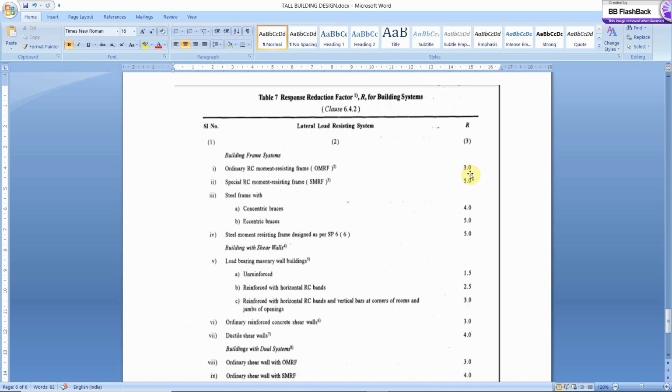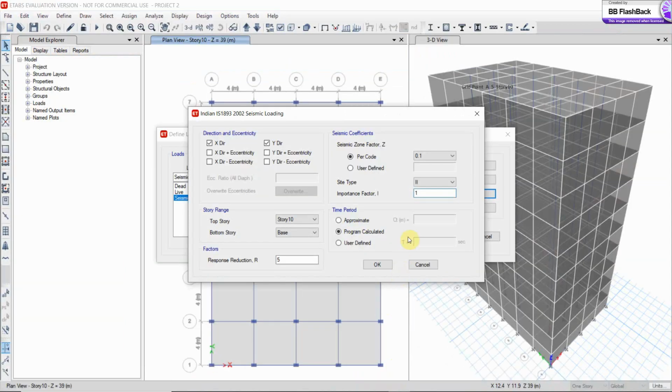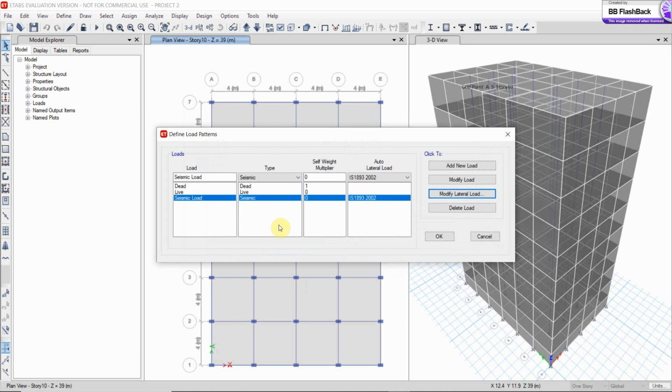In this, you can see the other categories and choose the category that will be most apt for your building design. 3. And click on OK. Now the properties of seismic load has been set and defined. Click on OK.